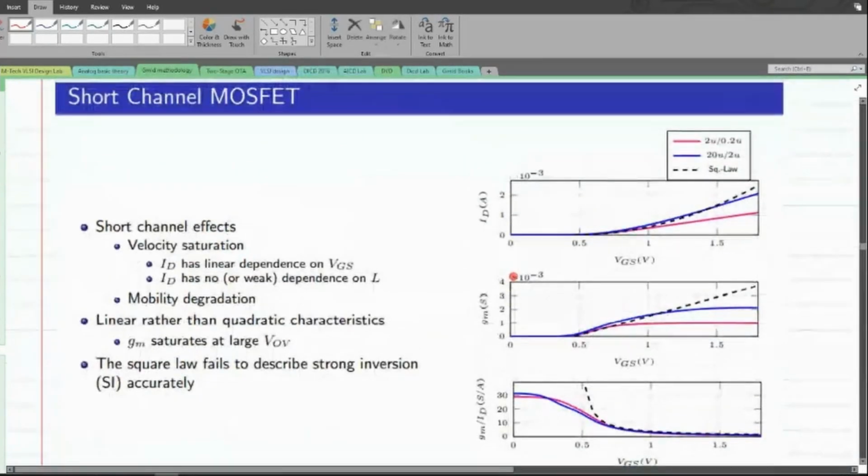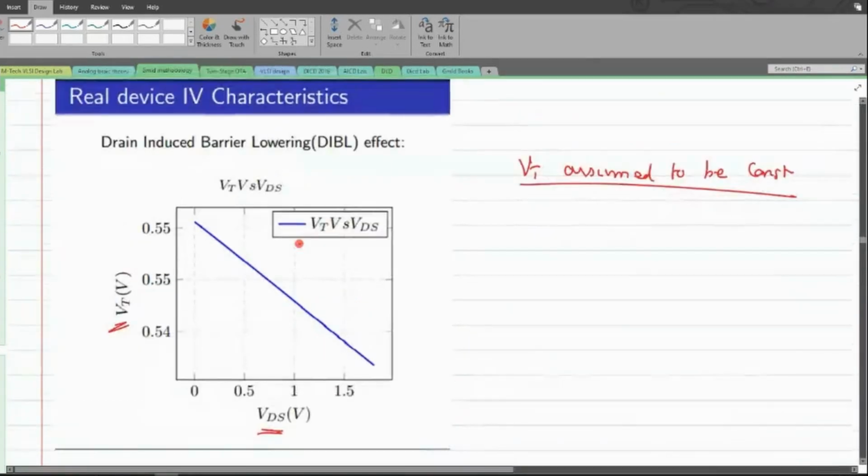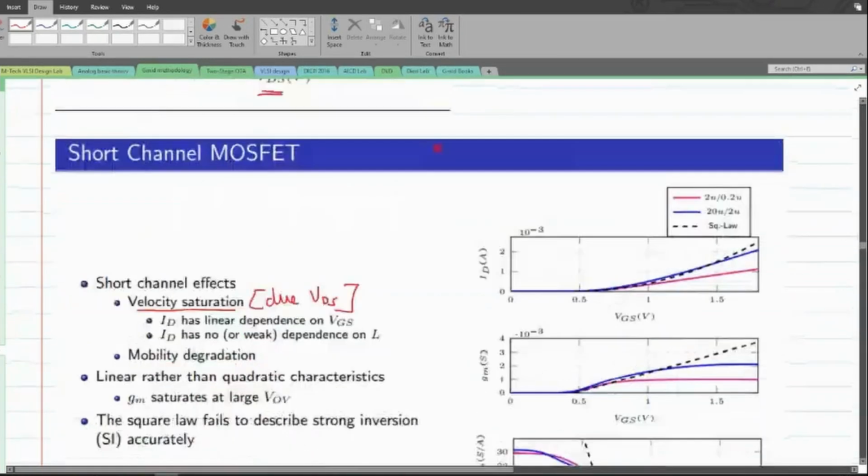The next one is the most important parameter. Again, we talk about short channel effects, and under the short channel effects I have to talk about what is known as the velocity saturation effect. Now, this velocity saturation effect basically happens because of VDS, and even the drain-induced barrier lowering effect is happening because of the value of VDS. I'm just trying to convey the causes because of which these things are happening. So let us talk about this velocity saturation effect.